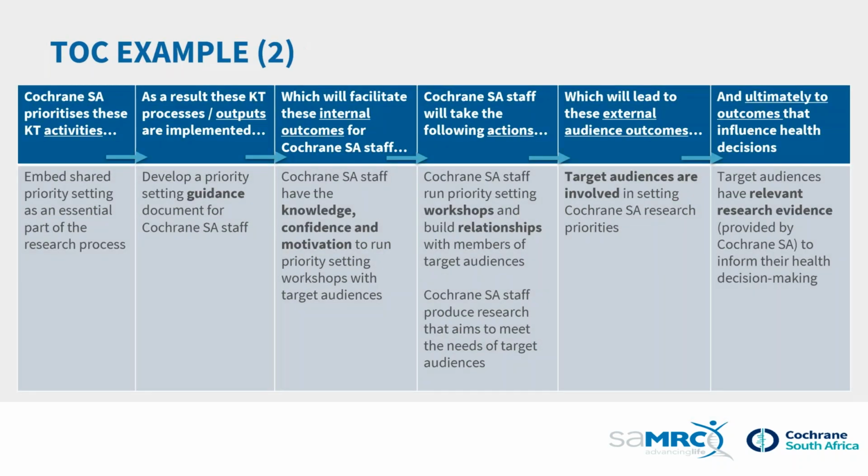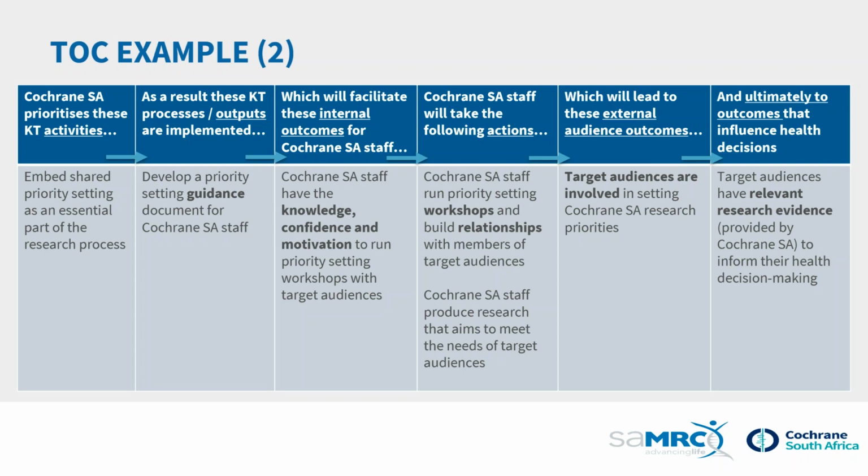The second theory of change example that I'd like to show you includes both internal and external outcomes. So here we are targeting change internally within our organization or amongst our team, not only external stakeholders. So this example is about a KT program of work that not only results in desired changes in external KT audiences like patients, health practitioners, and policymakers, but also in internal audiences like colleagues or fellow researchers within